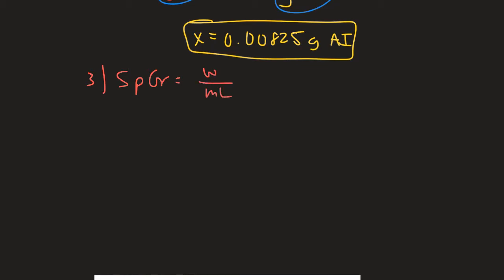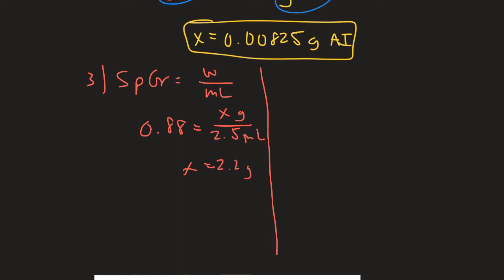I'll do it both ways. One way is 0.88, we don't know the mass, x grams, and we use 2.5 milliliters. Solving for x gives you 0.88 times 2.5, which is 2.2 grams of